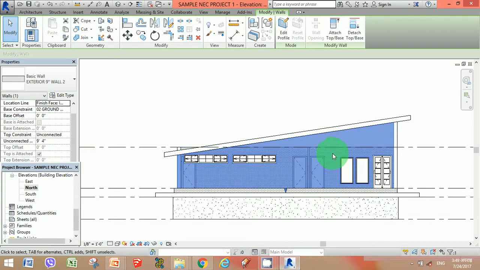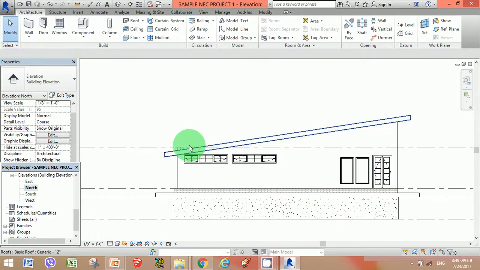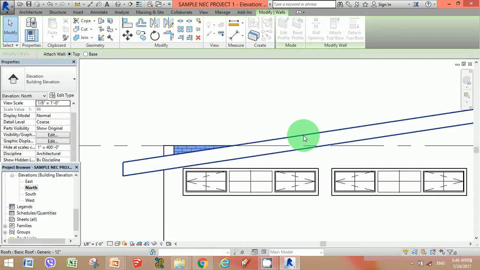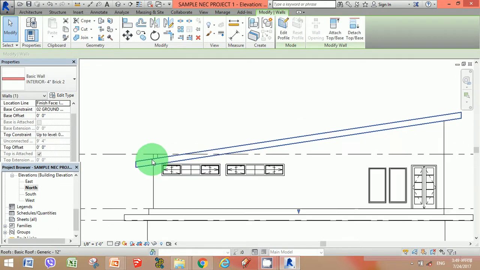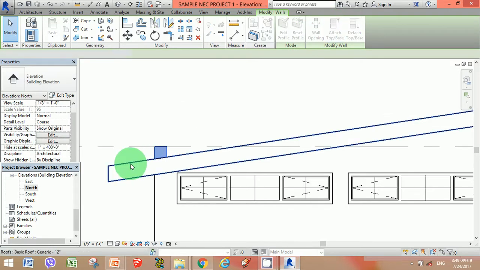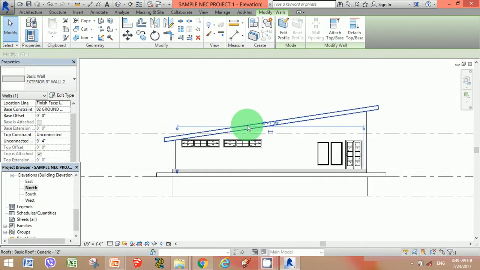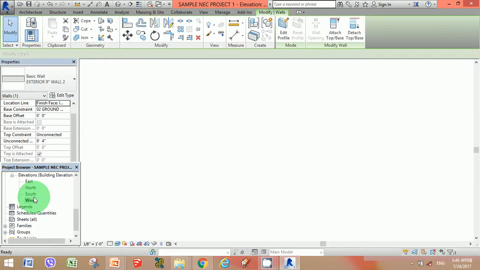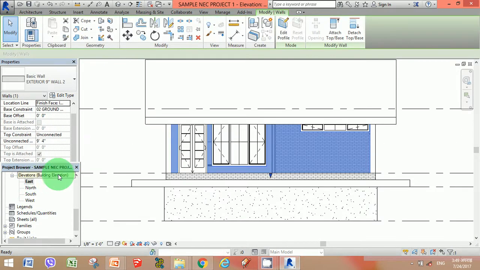Select the wall you require to attach. As we've seen here, we attach those walls as per our requirement.